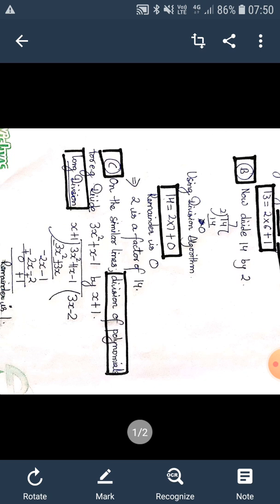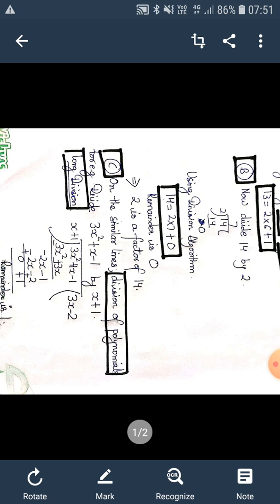As you can see, we are doing it by long division. So what is the first step of long division? The first step of the long division is we should divide the first term of the dividend by the first term of the divisor. So 3x squared divided by x is 3x. Now the second step, we have to multiply this term by all the remaining terms of the divisor. So 3x into 1 gives us 3x. So we put it below the like term of x, and then the next step is of subtraction.